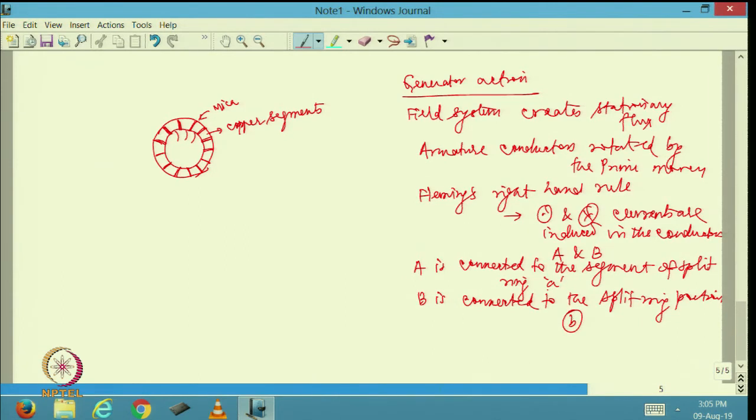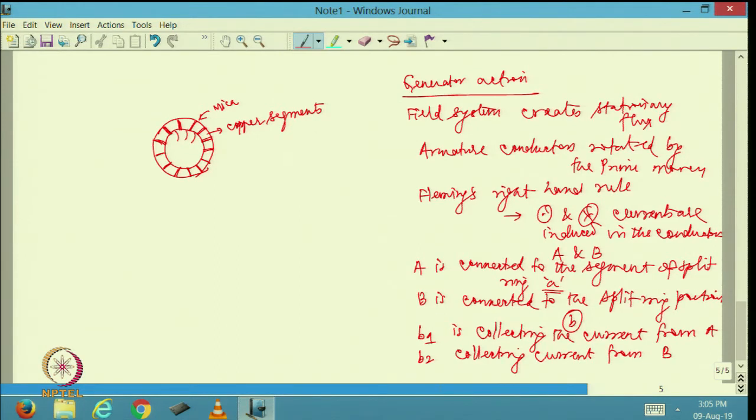Now, on A there is a brush B1 which is being pressed. So, B1 is collecting the current from A, and I am going to have B2 collecting current from B. Now, B1 will be positive and B2 will be negative, but